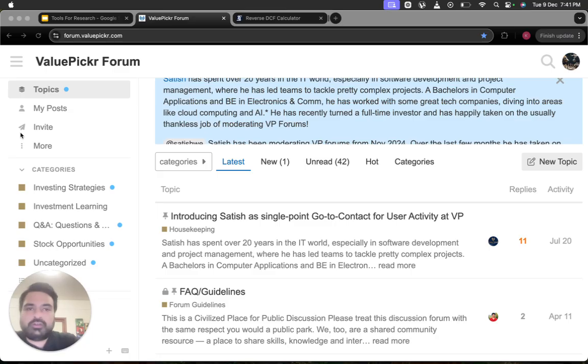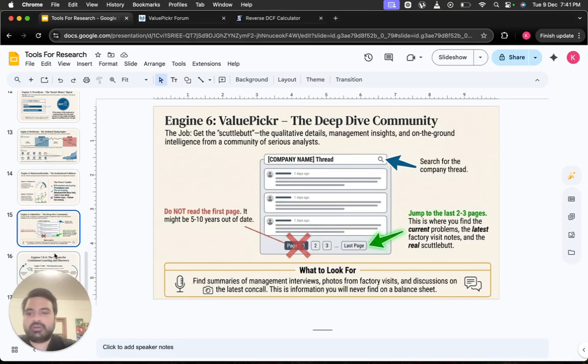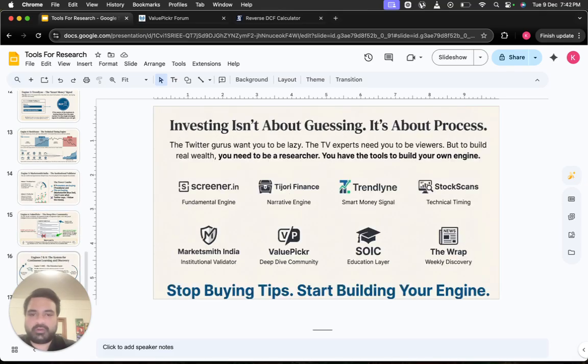Yeah, so in conclusion, these were basically all of the tools that I use for research. I hope you found these informative. Obviously, there's a lot of overlapping features in many of these websites, so you don't need all of them. You can use some of them, none of them, one of them. But basically, the point of this video was to encourage you to build your own research process.